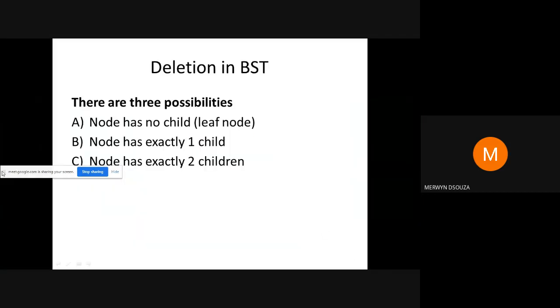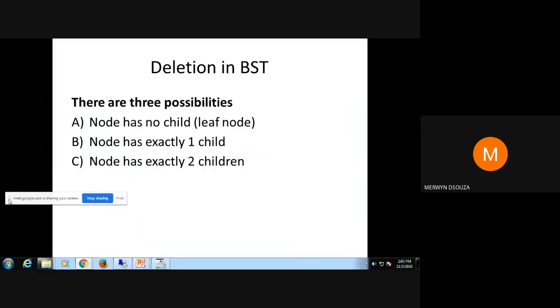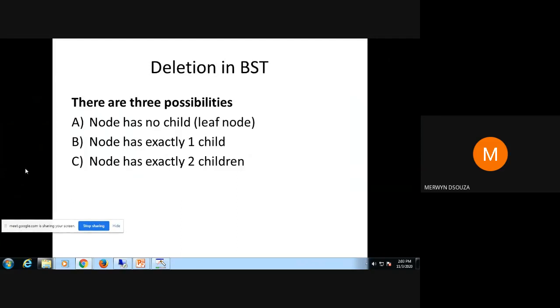You need to study them. So today's topic is going to be this. We're going to look at the third operation possible on a binary search tree. The third type of operation is deletion. Then for deletion, there are three types of cases. Okay. So whenever you're deleting, you'll face any one of these three cases.